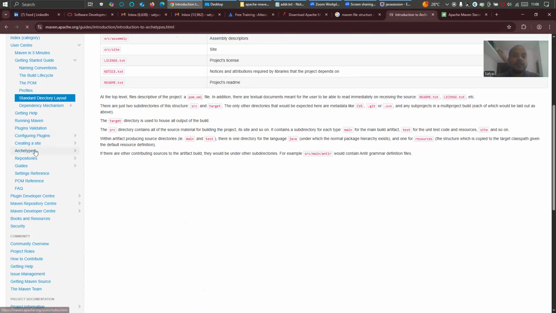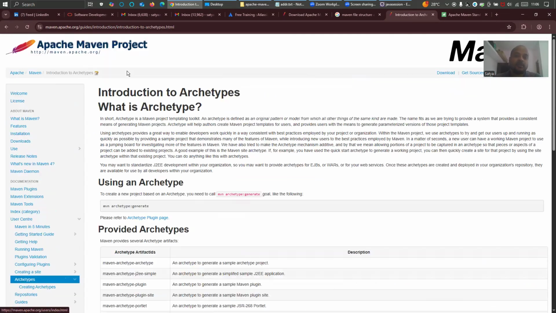So coming to the archetypes now, introduction to archetypes. What is an archetype? Because I have used one org.apache.maven archetype, right? Archetype is a Maven project template toolkit. An archetype is defined as an original pattern or model from which all other things of the same kind are made, right? So whenever you are using an archetype, it's basically a template or a toolkit from which you create a pattern which will help you derive all other things of the same kind